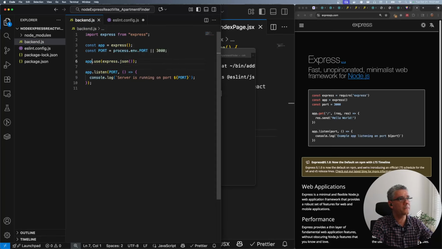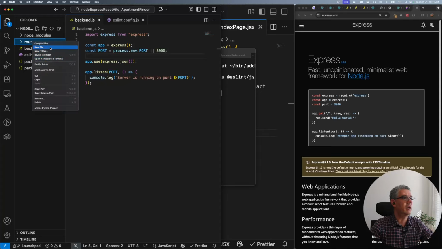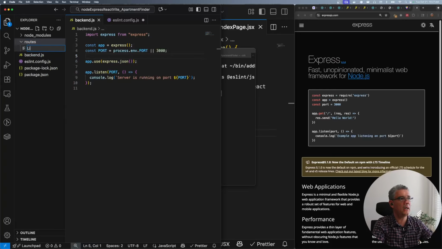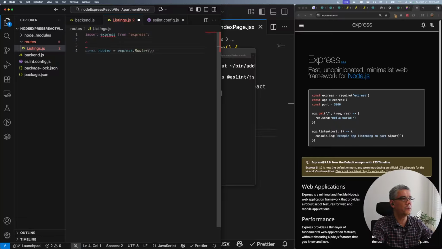And then the other one we are going to do is create a routes folder, and in that routes folder we are going to create the listings.js file, and then we are going to import express again from express, and then we are going to create a router, and